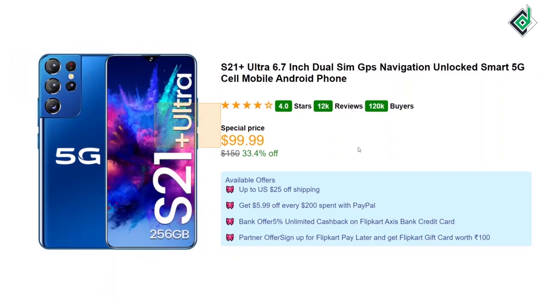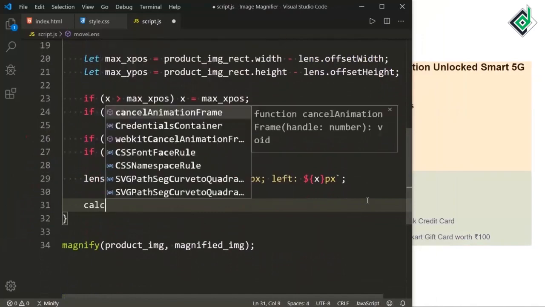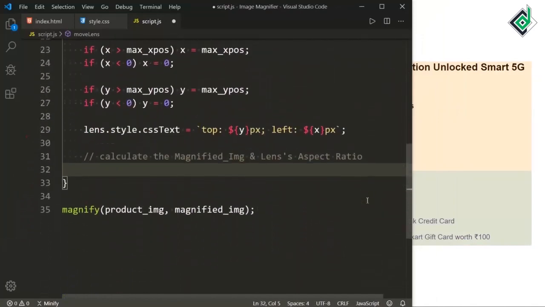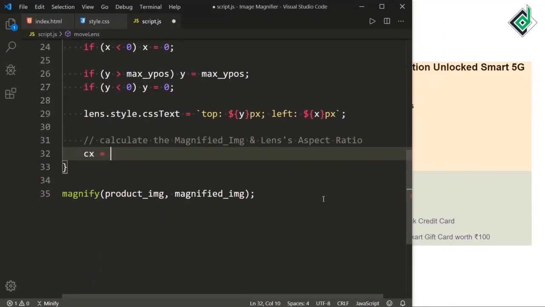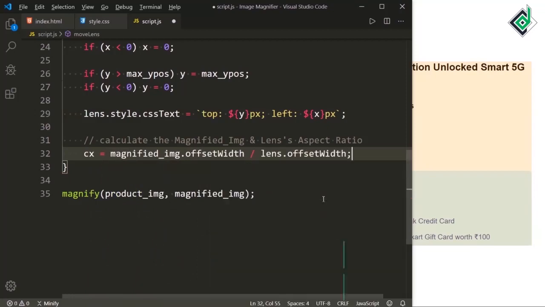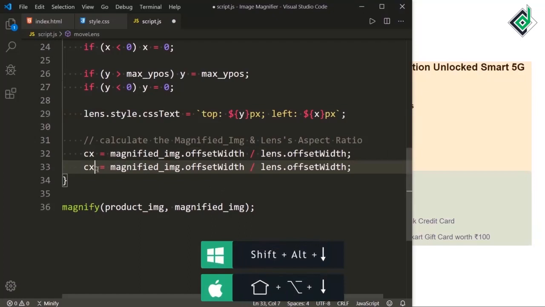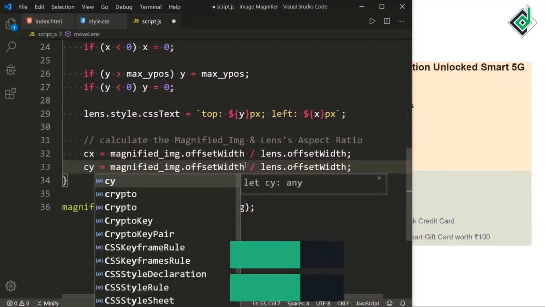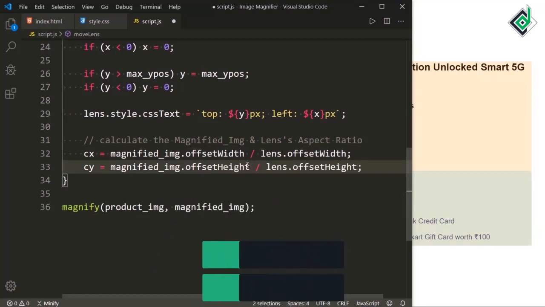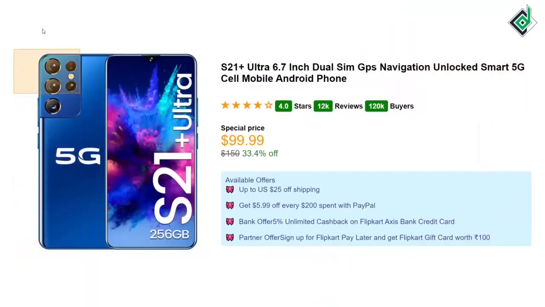Now let's take this process further. In order to maintain the aspect ratio between the magnified image and the lens, I'm writing cx is equal to magnified image dot offset width divided by lens dot offset width. Let's duplicate the same code, and for cy, I'm giving magnified image dot offset height divided by lens dot offset height. So when you are moving your cursor, the lens is moving along with your cursor, but still you can't see